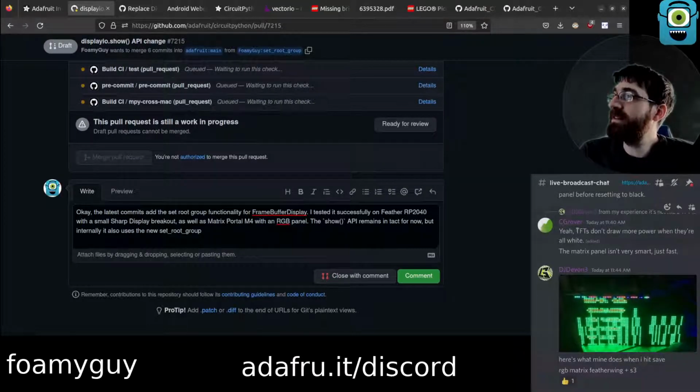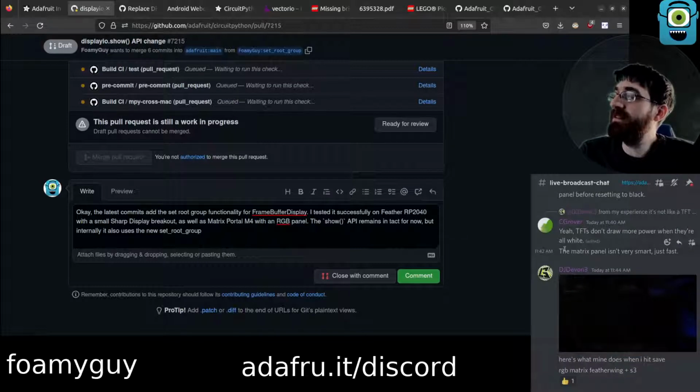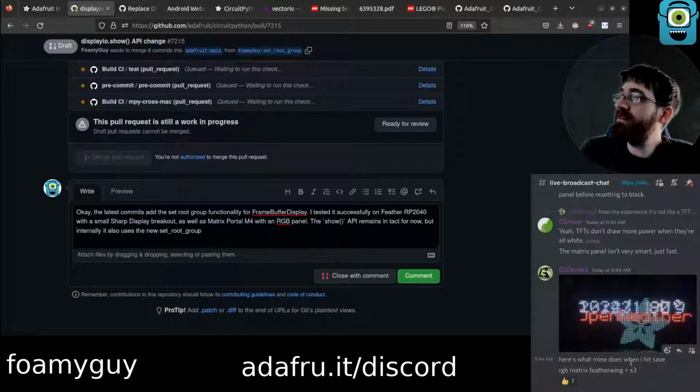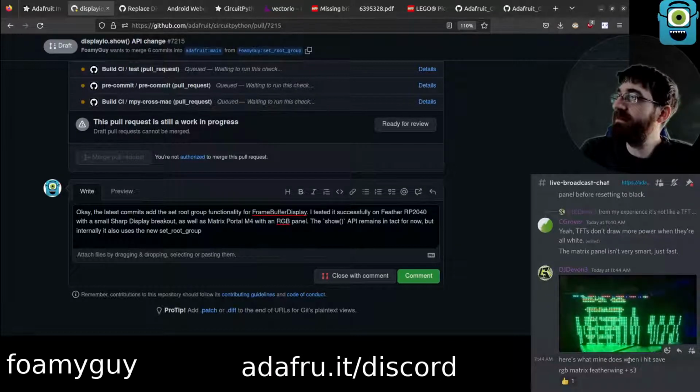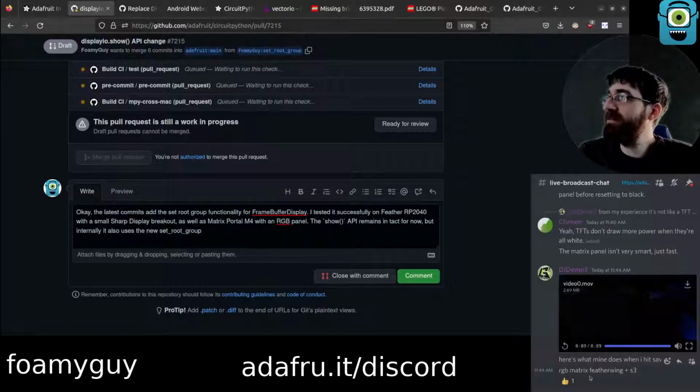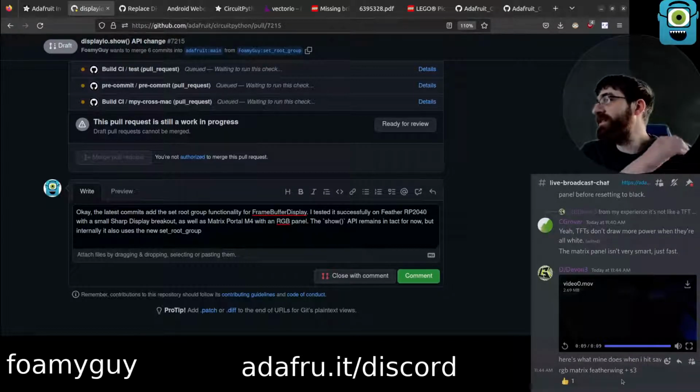It's even got some of the numbers on top of each other, and then you get a nice matrix thing going on there. Matrix green text stuff going on. It's kind of a cool effect actually. I do kind of like it. It's very